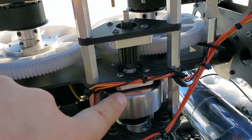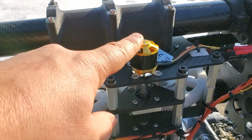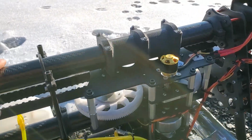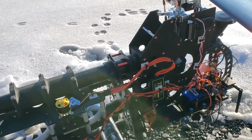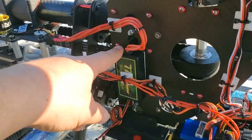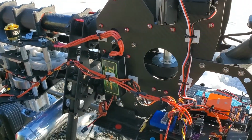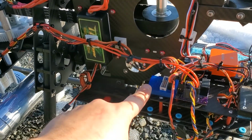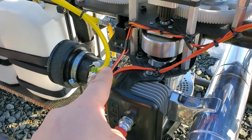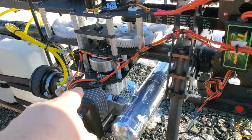So here's our clutch, so we can start the engine without the rotors running. And we've got our little micro generator right here, which charges the flight battery as we go. As we move through the system here, for the micro generator, this is the control box, and it outputs the power to our flight battery. We've got a governor, which runs to a magnetic reader,